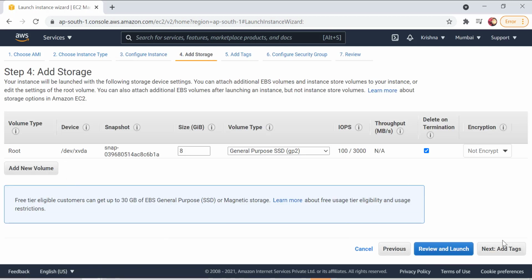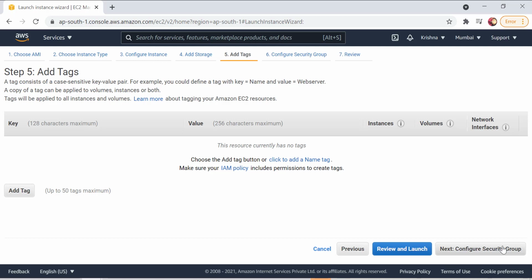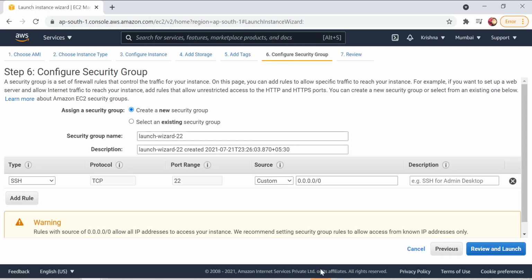Now you need to add storage. Just keep it as default. We will put up the tags later on. Now configuring details, here I would be putting the security group. You can check out my AWS Solution Architect lecture, and there you would be able to understand EC2 in detail. Right now, I'm not discussing EC2 in detail. There we would be discussing the security group, storage, instance types, all kinds of things related to your EC2 machine.